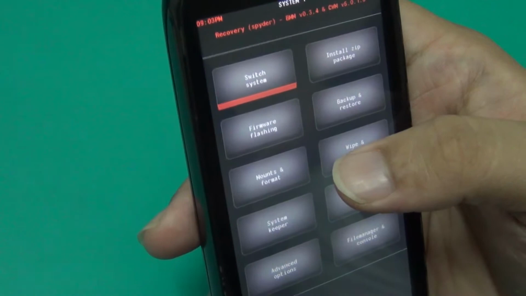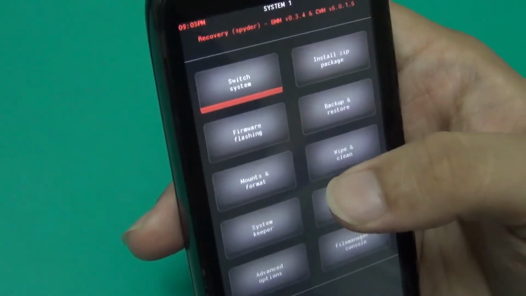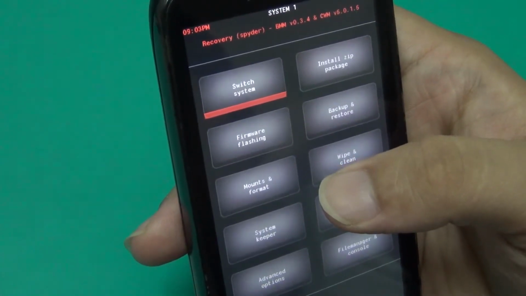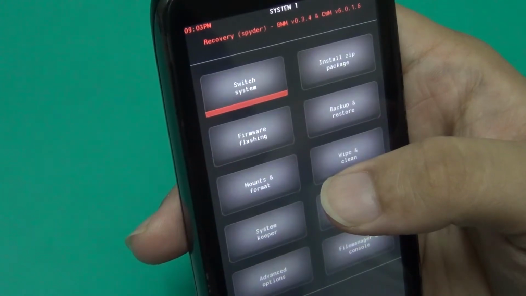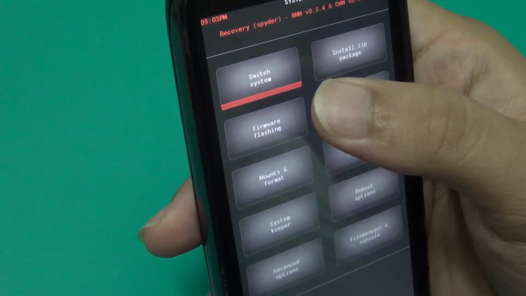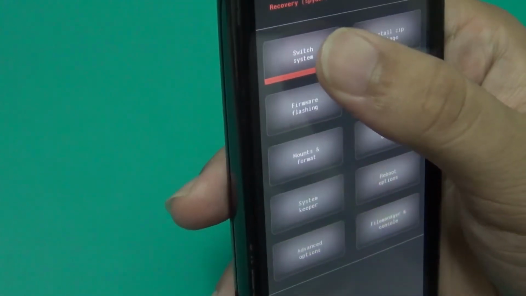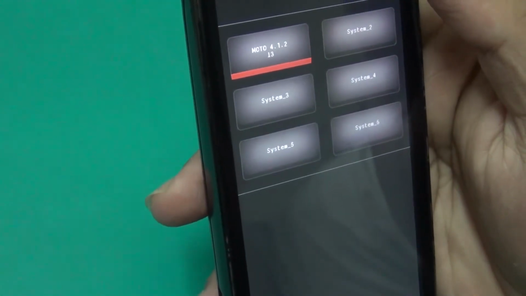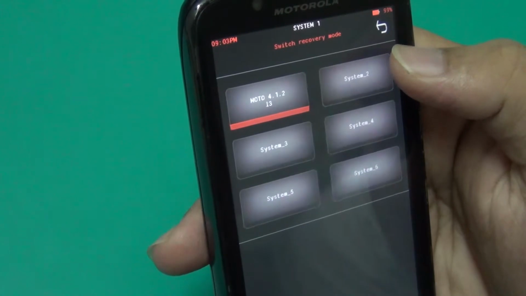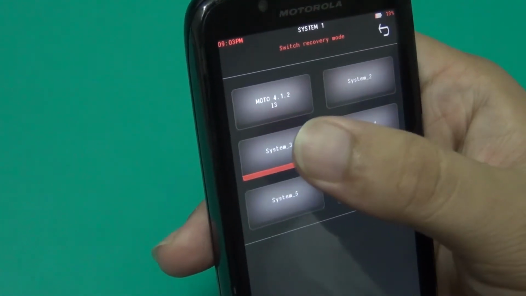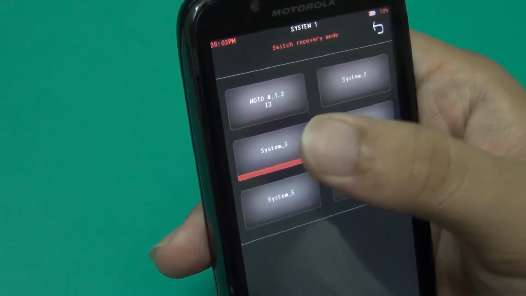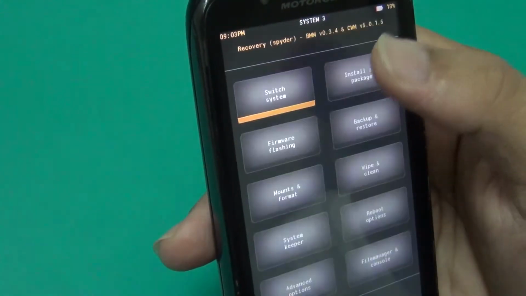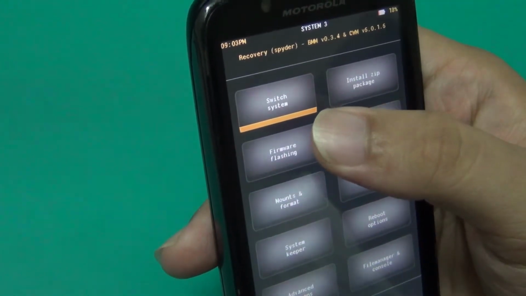If you want to install any ROM on system 3, 4, 5, 6, because system 2 is not writable, you have to switch the systems. So 2 is not possible, so as we created the partitions on 3, go to 3rd. Switching system is mainly important.